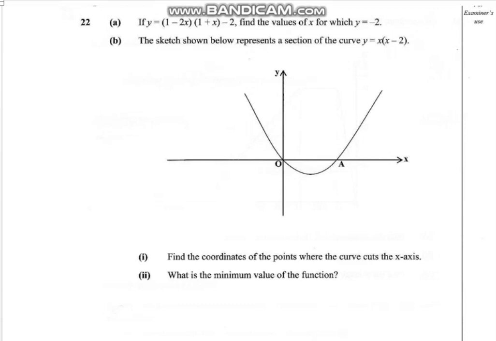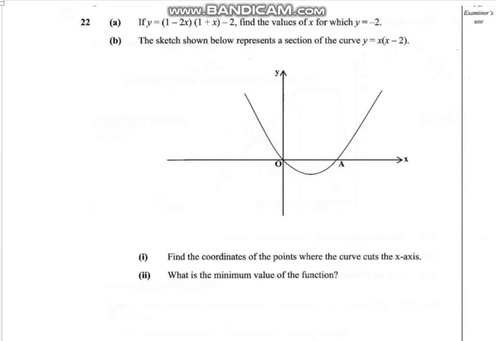Then B, the sketch shown below represents a section of the curve y equals x(x minus 2). So that's the sketch. Then B1, find the coordinates of the points where the curve cuts the x-axis. Then B2, what is the minimum value of the function? So let's start with